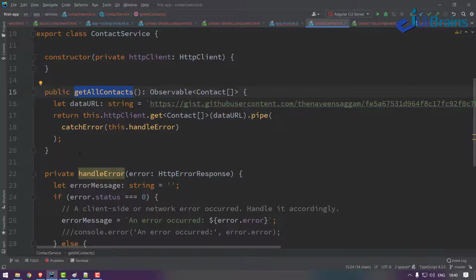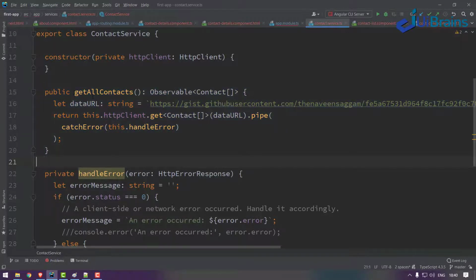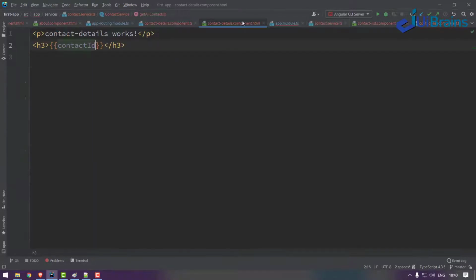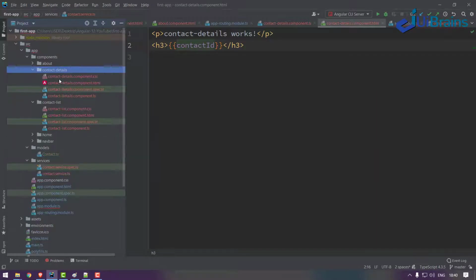So you can create one separate function for fetching it, or else you can make use of the same function for fetching single data as well. So how, I'll tell you. Go to contact details component.